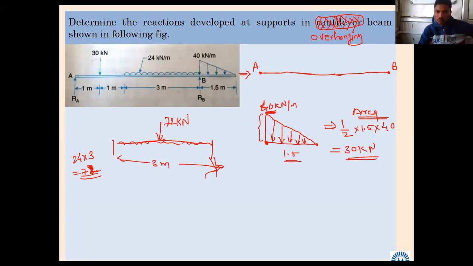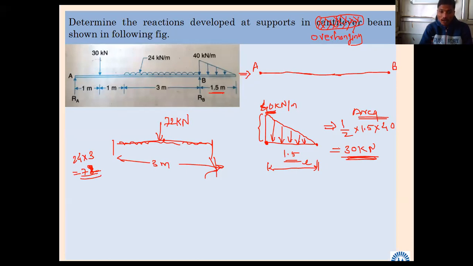Keep in mind, the most important thing is where to show that load. This 30 kilonewton is okay, but where to show it in that 1.5 length? Total length of that UVL is 1.5, but where to show the load? That is important. Suppose this total length is L, in general, and there is a UVL, uniform varying load, which is represented by